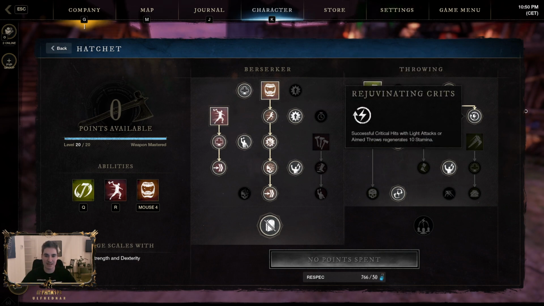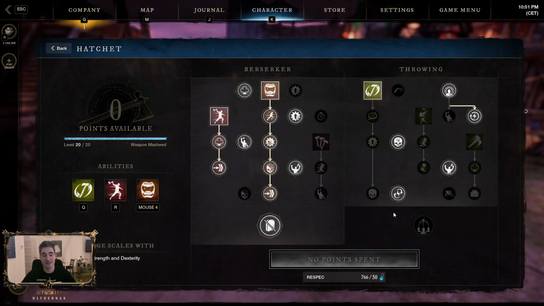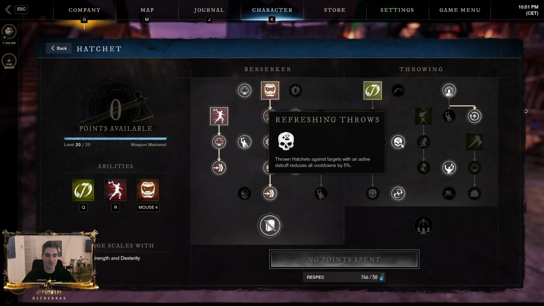Rejuvenating crits, stamina on crit. That's why I stack crit a lot, so I get stamina on hit a lot. It does not apply to heavy attacks, only light attacks, but we have a 2 light attack chain in our melee attack chain. Refreshing throws, this is not that good right now, but next patch, again that's on PTR,